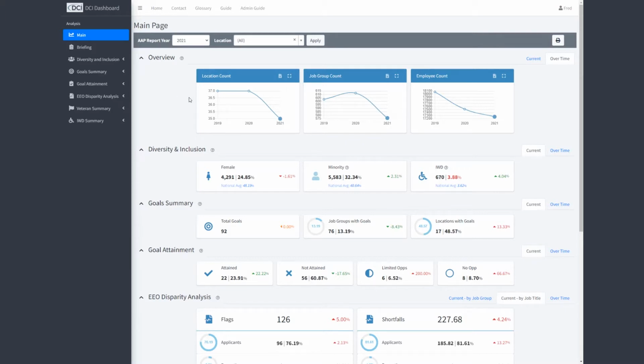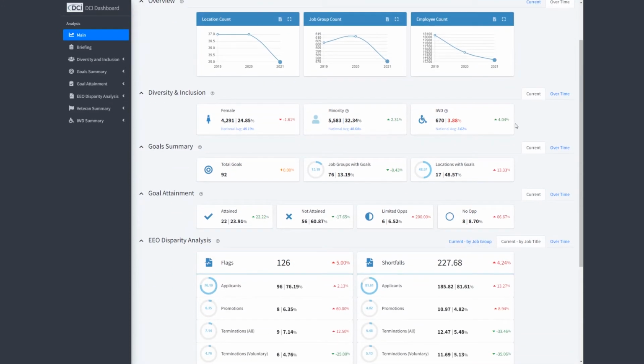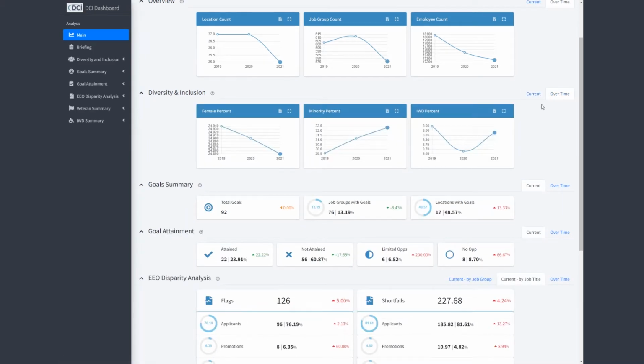So in this case, we have 3 years that were loaded into this sample dashboard, and you can see over time for each of those measures we have in each of these overview sections, things like the number of locations, number of job groups, number of employees from across those 3 years,